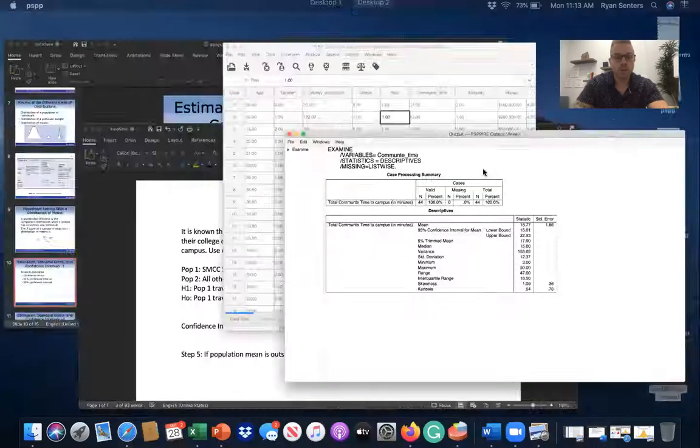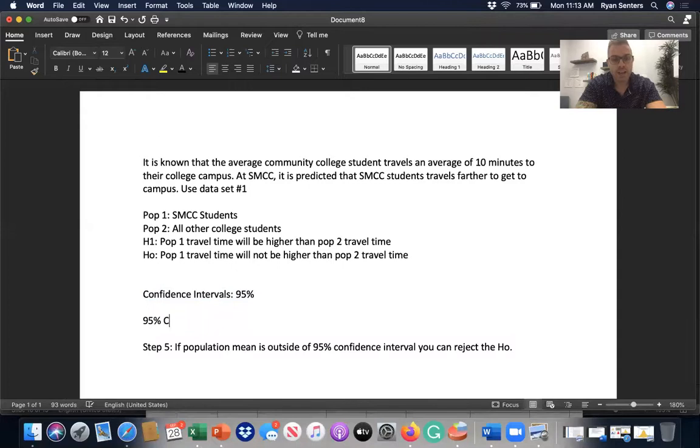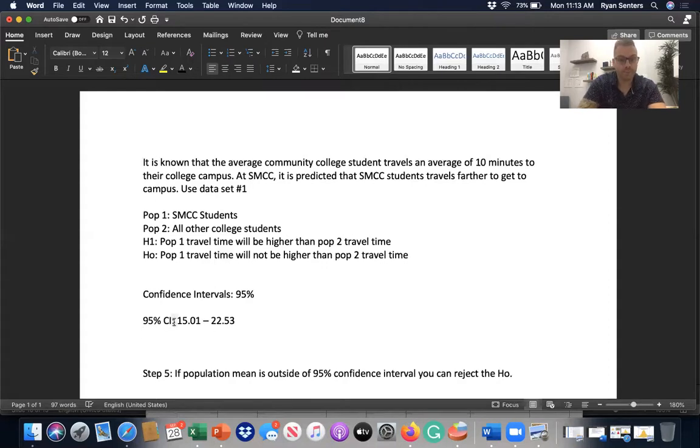So I head over to my spreadsheet again. My 95% confidence interval is 15.01 to 22.53. This is important. This is what we're looking for. These are our confidence intervals. So what this is telling us